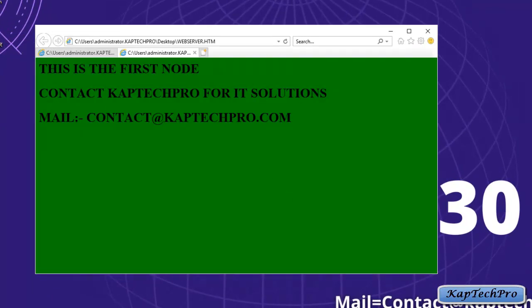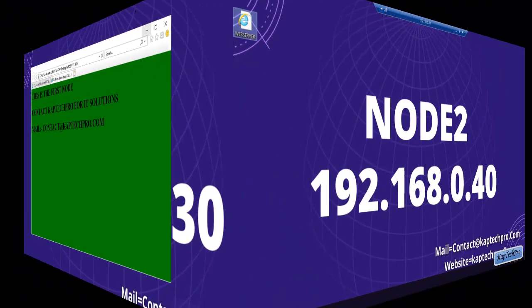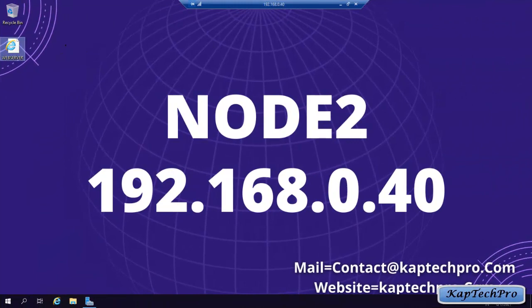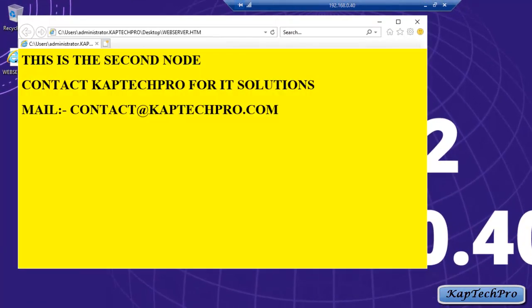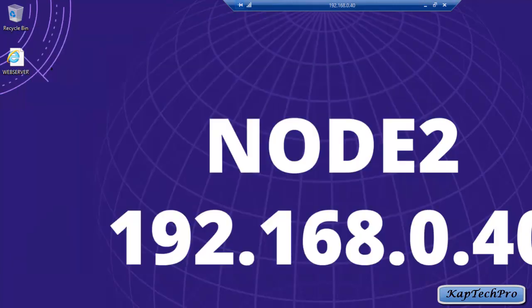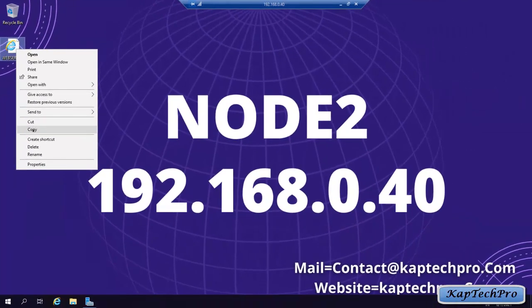Now let me show you the web page which I have created on node 2. So friends, we are now on node 2, and the web page I have created is of yellow color. Only the change is in background color, else the content is same on both the web pages on both the servers.